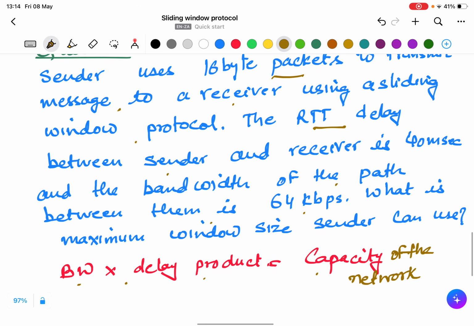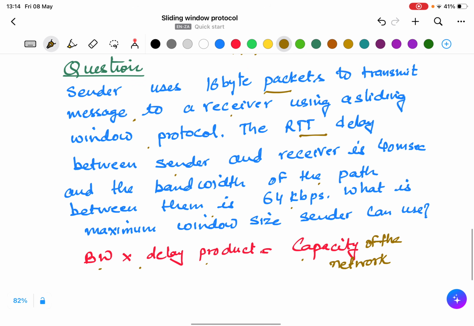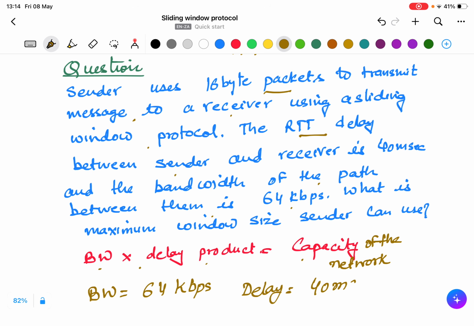The bandwidth given to us is 64 kbps and the delay given is 40 milliseconds.